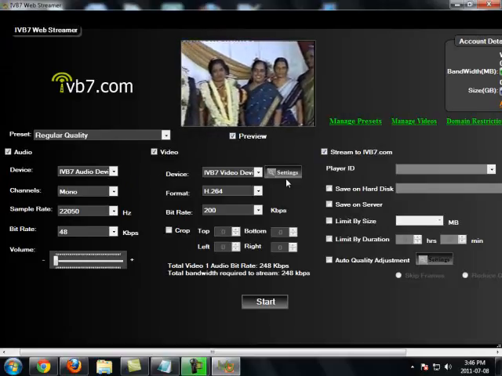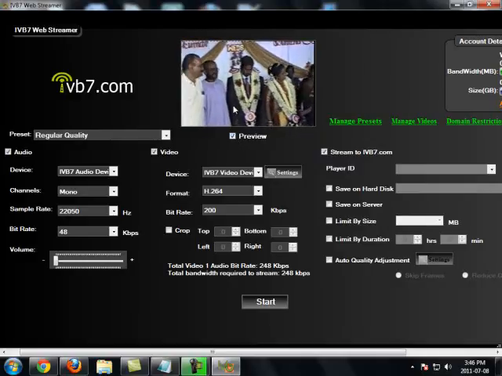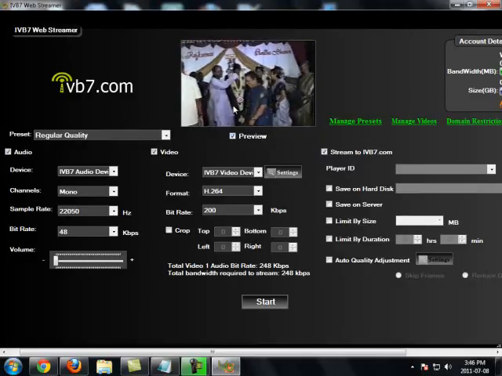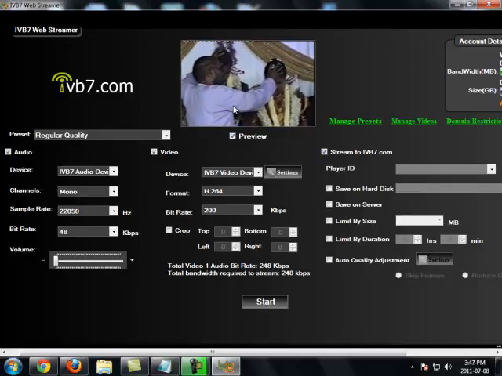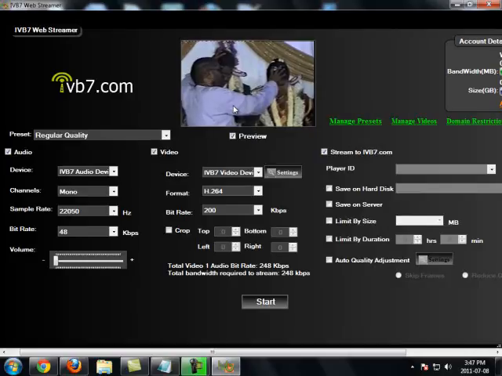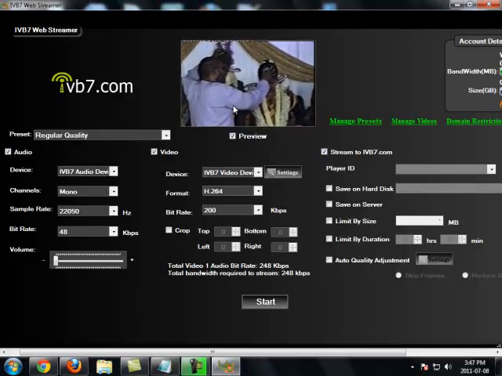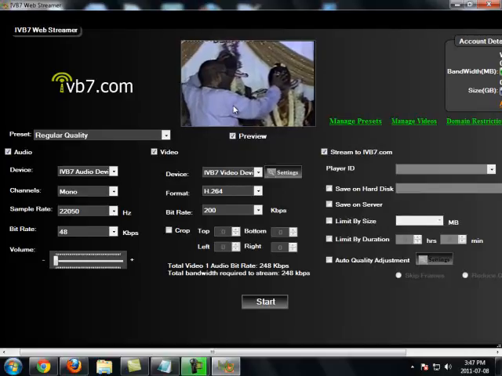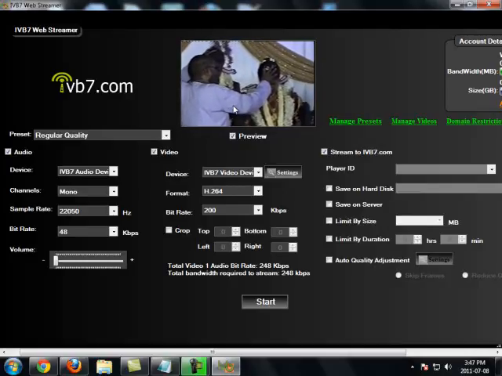If at all after doing this setting and when you click on preview you are not able to see the video being streamed here, you have to unplug the cable from the PC and connect it once again and stream it. Mostly it starts working at that time. Okay,